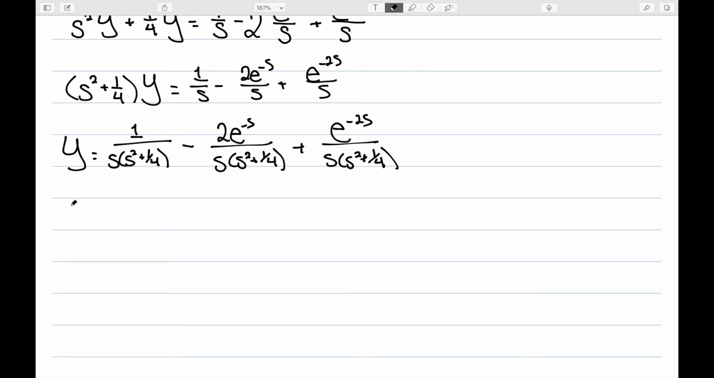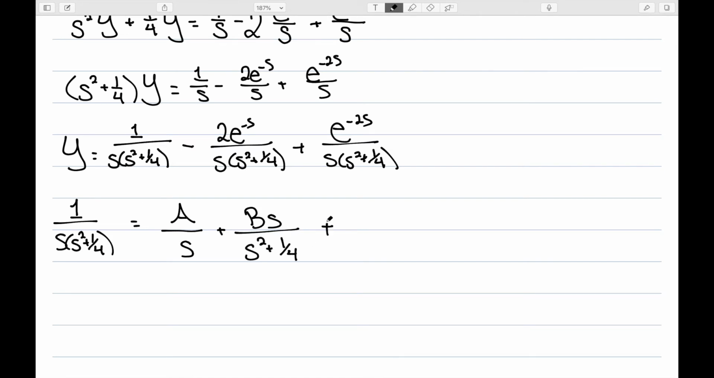Let's start by considering just this first term here, 1 over s times s squared plus 1/4. When I set up my partial fractions, I'm going to have A over s, and then Bs over s squared plus 1/4, and then in this case, I've already written this as s minus a squared plus b squared. A is 0 and b is 1/2. So I'll need a 1/2 C over s squared plus 1/4. That then gives me 1